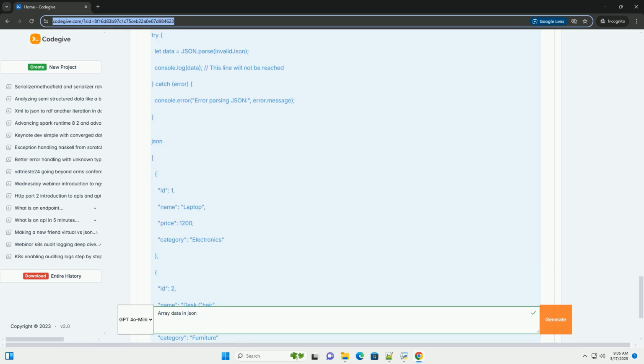Error handling: both json.loads in Python and JSON.parse in JavaScript will raise an exception if the provided string is not valid JSON. It's crucial to handle these exceptions gracefully. Python: